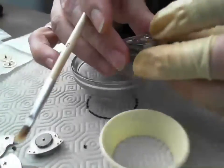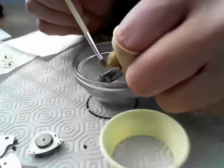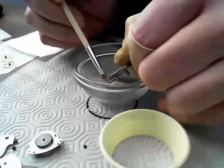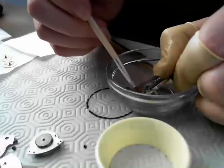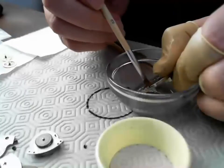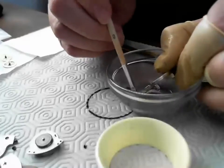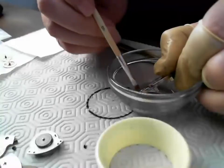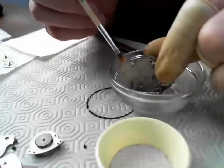What I want to do is make sure the oils from my hands don't get on the watch, because if that happens, then you end up with a bigger mess than you had in the first place. So what I'm doing here is cleaning off the movement with the lighter fluid and making sure all the jewels get attention, including the center jewel here. The plate is exceptionally clean, so I don't really have to worry about that. I'm not sure who cleaned the watch last, but they probably cleaned the plate. And if I get a little bit of lighter fluid where the keying mechanism is, it's no big deal,